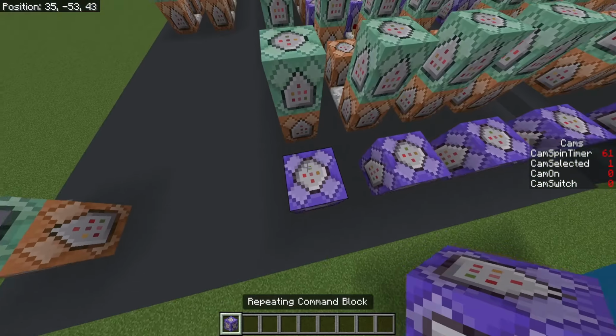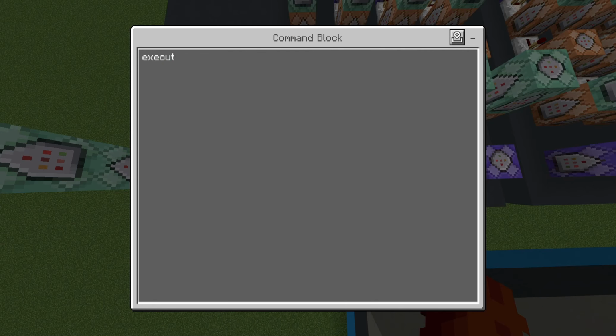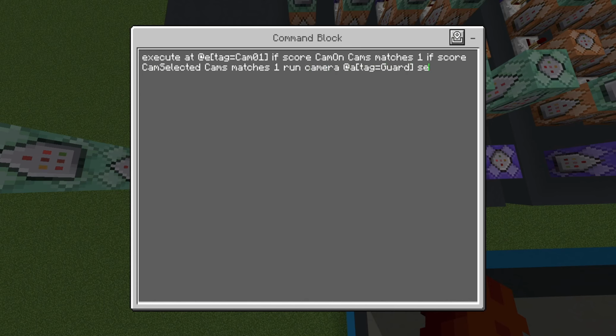How you're going to want to do this is by taking a repeating command block, placing it down, setting it to always active again, and then typing inside of it, execute at @e[tag=cam 01] because of the first camera, if score cam on cams matches 1 because we want the camera to be on, and then if score cam selected cams matches 1 because this is the first camera, run camera @a[tag=guard] set minecraft:free pos,